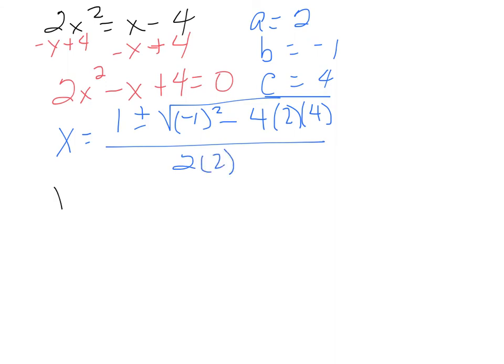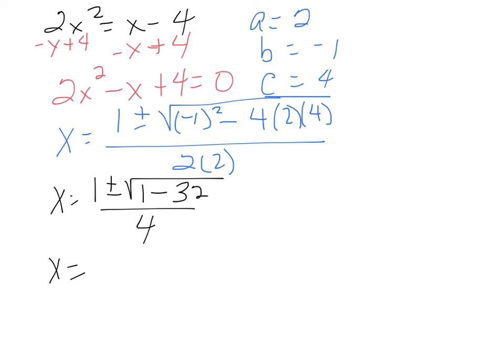Okay, let's do work. So x is now equal to 1 plus or minus the square root of 1 minus, what is that? 8 times 4 is 32, all over 4. Ooh, look what's happening underneath the radical. I end up with a